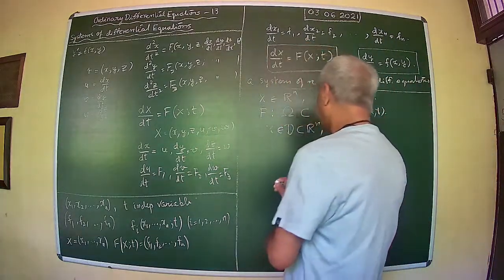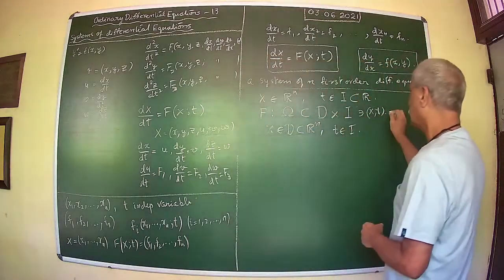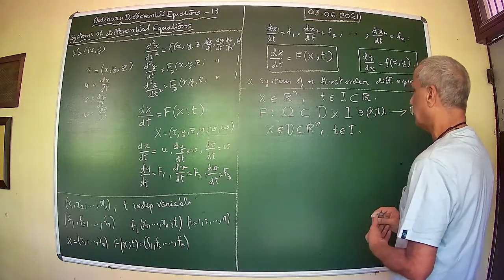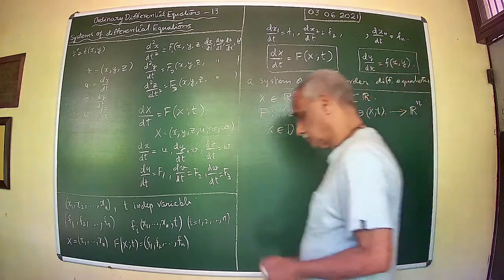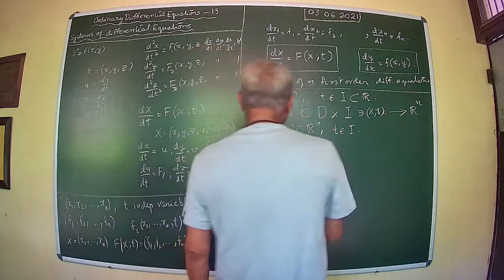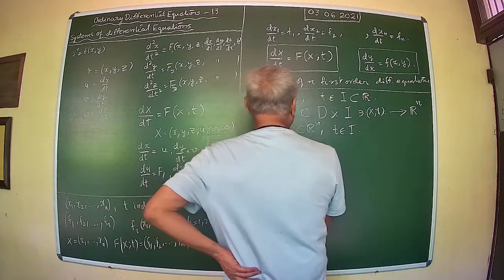So f is a map from D cross I to Rn. It's a vector valued function, with n components. And if you look at each of these fi, fi is a map from